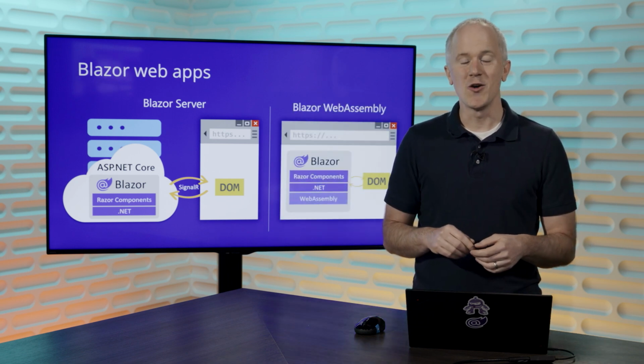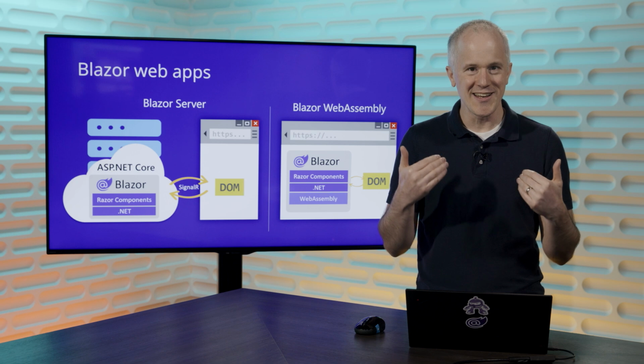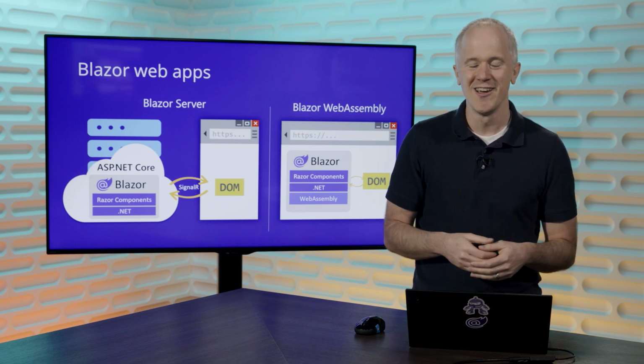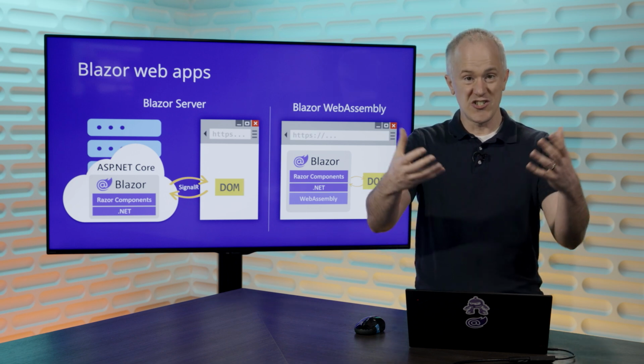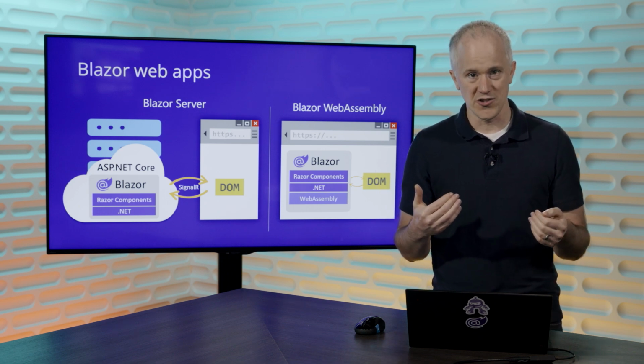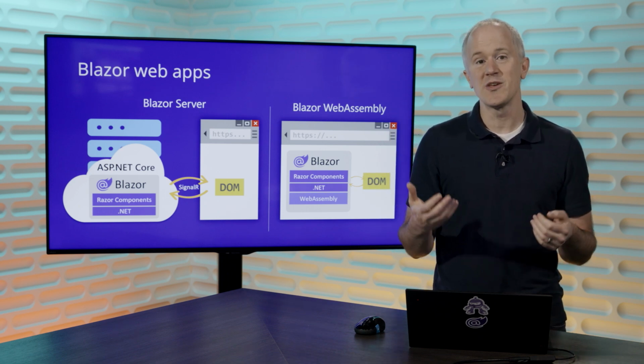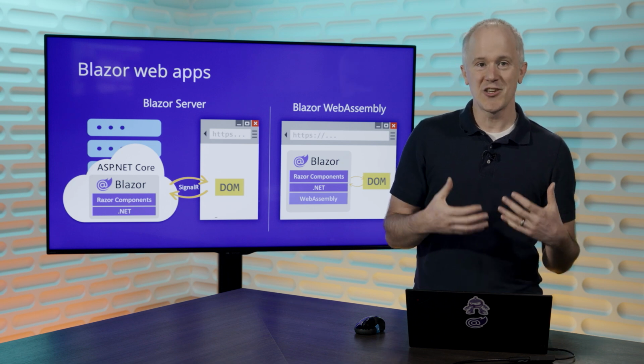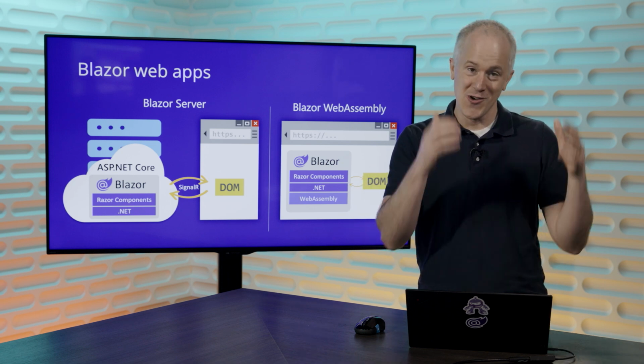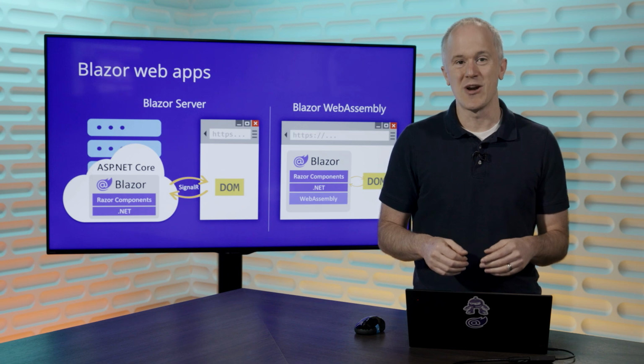Alternatively, you can host your Blazor components client-side in the browser using Blazor WebAssembly. In a Blazor WebAssembly app, you actually download your Blazor components to the browser along with a WebAssembly-based .NET runtime that executes your components and all of your .NET code right there directly in the browser.